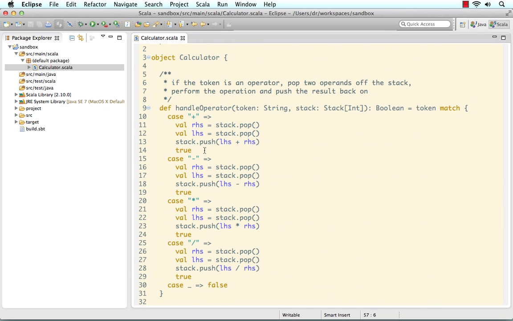Right? We had a lot of copy and paste code up here, where really there was only one thing different between each of these operations, and that was the actual operation itself. Stack.pop, stack.pop, and stack.push. Well, that's all just copy-paste. So we'd really like to be able to write that once and perhaps have some sort of a class hierarchy that encapsulates the variety of behaviors here. So as a way to get started on looking at Scala's object-oriented features, what we're going to do first is